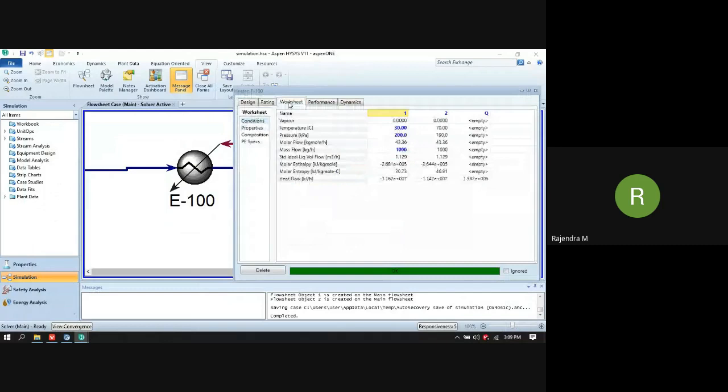In the worksheet tab, we can see stream number 2. Every stream has been mentioned over here. Stream number 1, stream number 2. For stream number 2, that temperature is 70 degrees Celsius. There is the energy stream over here. So the energy requirement for this heater will be 1.5 into 10 to the power 5 kilojoule per hour. Okay.